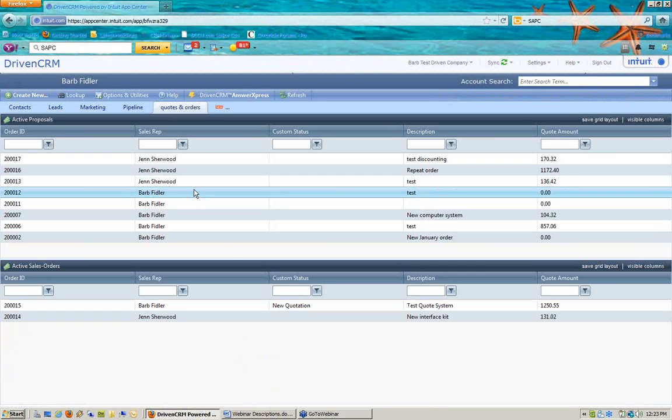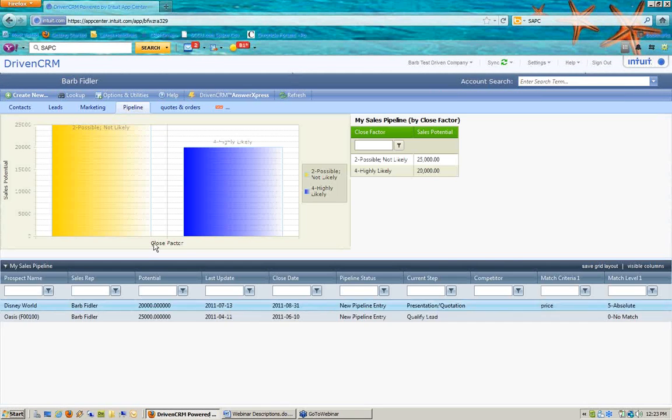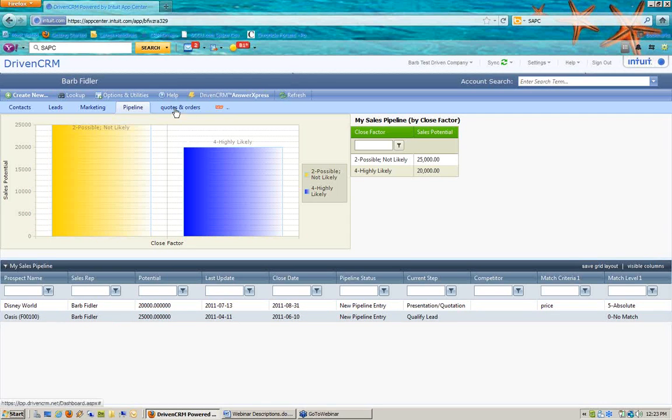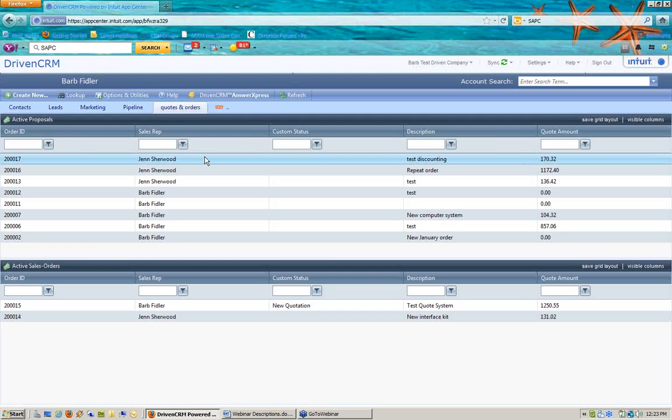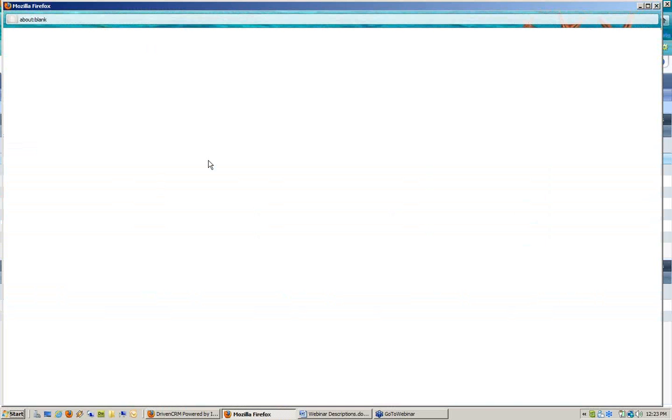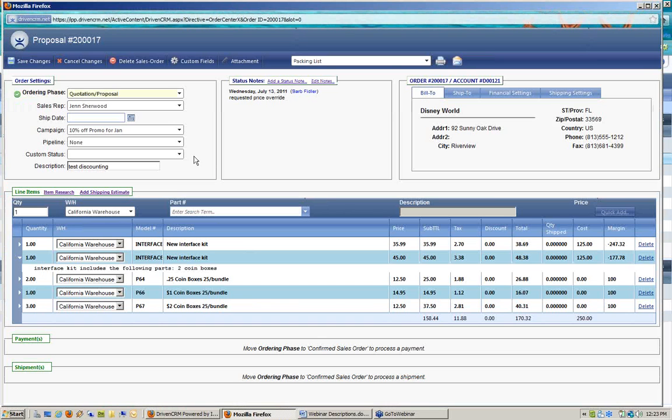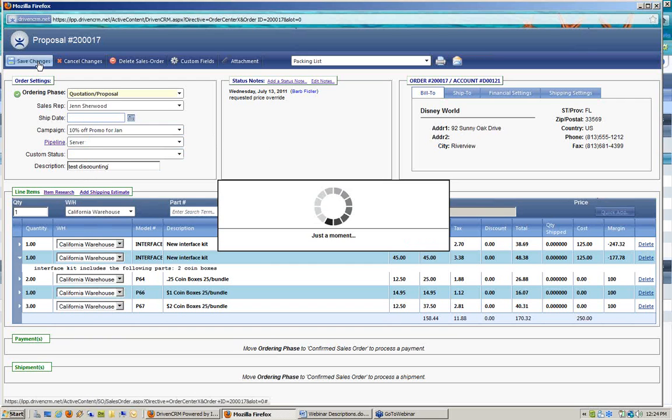Okay. Let me do one last thing in our sales pipeline feature here, because we didn't link any of these pipelines to quotes yet. I can't remember who we entered these for here. Oh, we have one for Disney World here. Okay, so good. Let me go back to that particular proposal. So in my Disney World one, I would have the ability to link this to an existing pipeline entry for the server, save that,